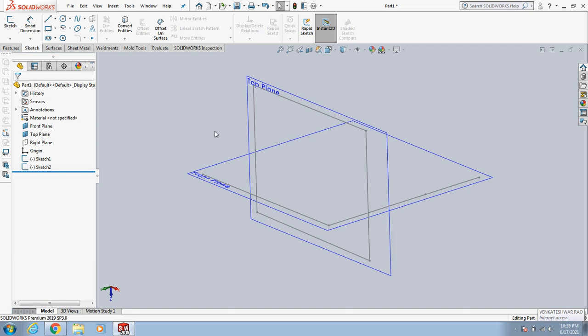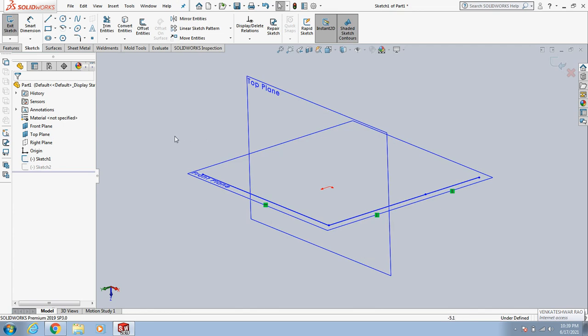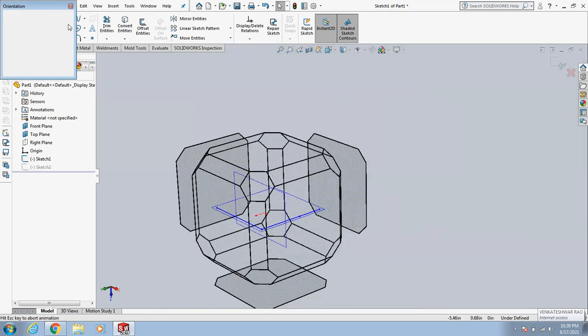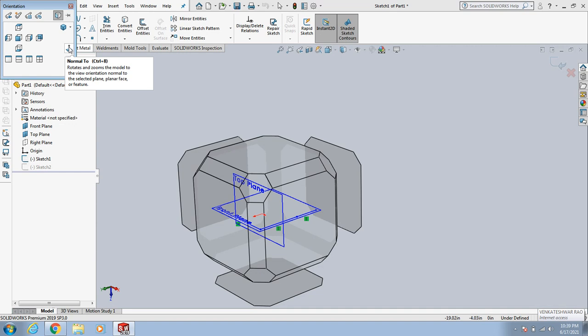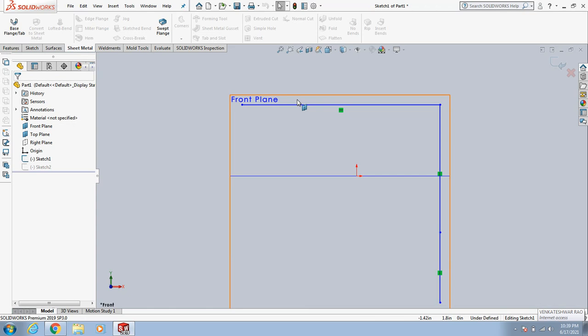So what you learn from here is that if you want to draw any sketch, you need a plane. Without a plane you cannot draw any sketch on this screen. Again, if I click on this sketch, I get so many options here, and we'll discuss them one by one. This is edit sketch. I'll click on this, then say normal to. Press the space bar and you get the orientation window. You can click normal to, or change the orientation over here.